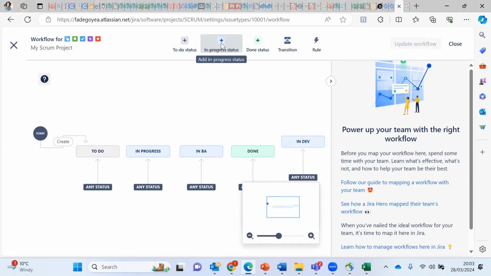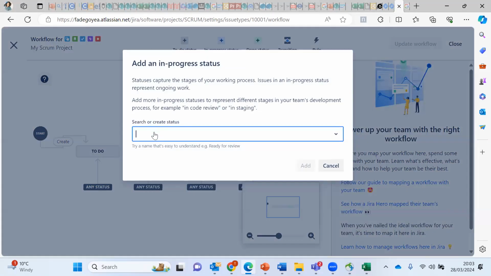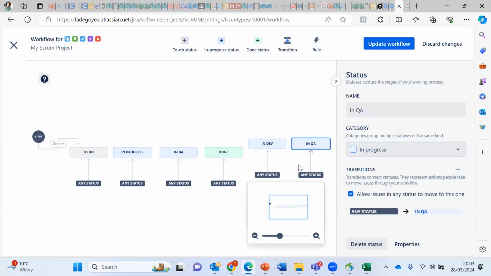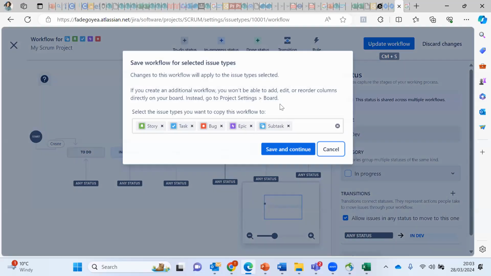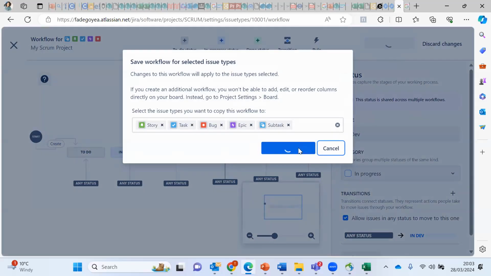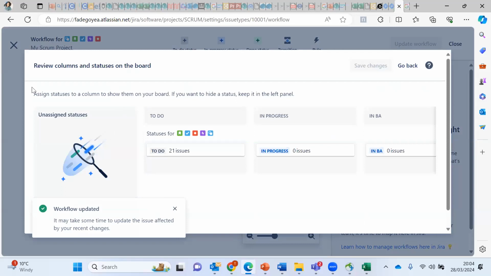So I'm going to create in QA under that status, okay? Create in QA in progress status. So I'll create that and I will add that. What I have now is that it's added in QA, but I have it not in the right order. I can always move it and rearrange it from here, right? Or I'll click on update workflow, save and continue. Or I can move it as well from